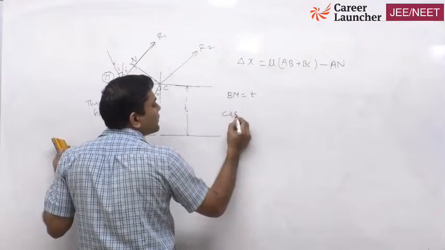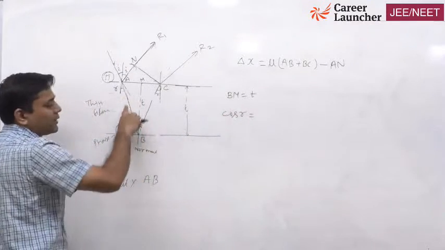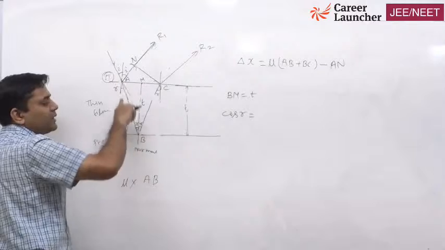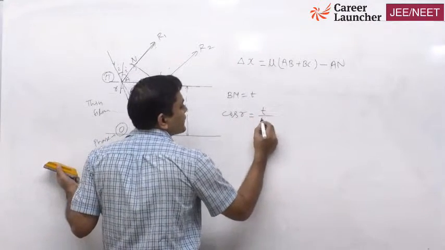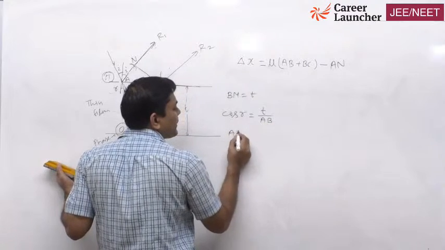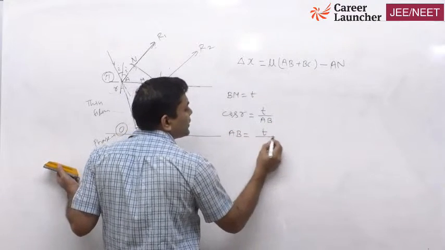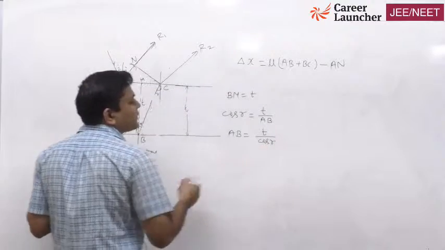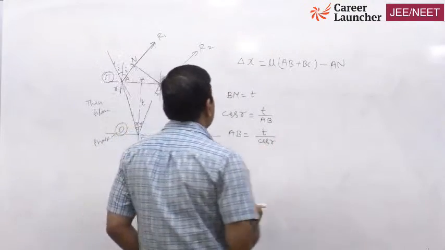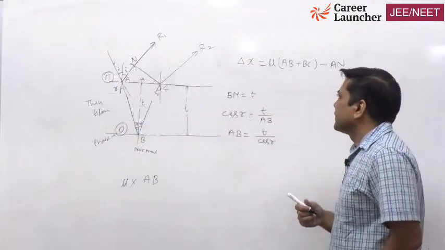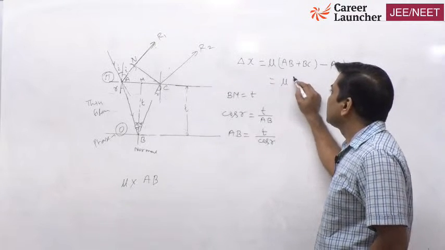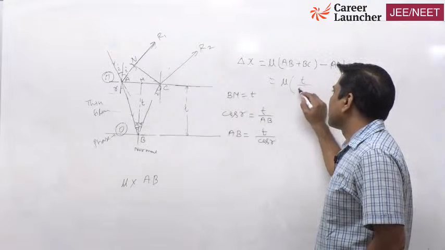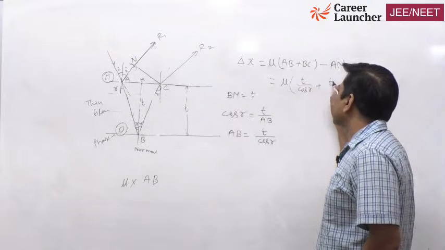So cos r will be, if you look at this point, you can calculate AB: cos r is t upon AB. So AB will be equal to t by cos r. We have calculated this, and then you can substitute the value here: mu times t by cos r plus t by cos r